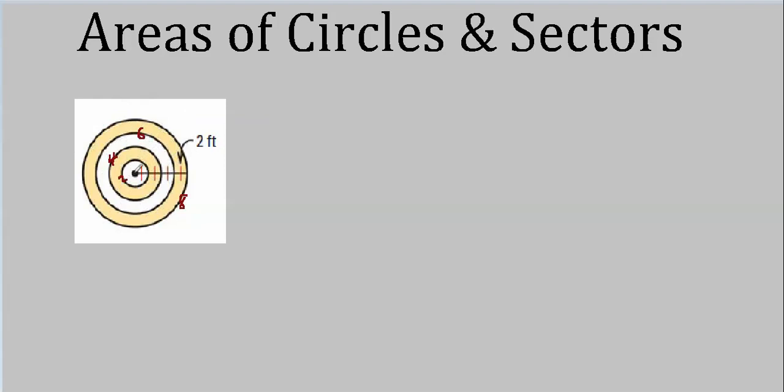But remember, suppose we just wanted to know this rim. All we would do is take this circle with the 8-foot radius and subtract the area of this circle with the 6-foot radius, and we'd be done. But what we have to do is do that twice. So if you prefer, we could do it that way also.